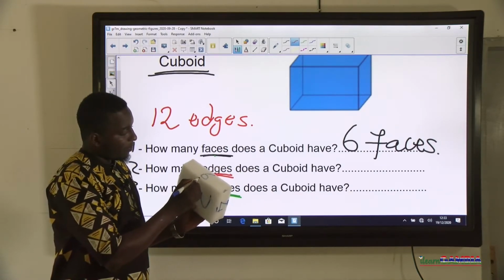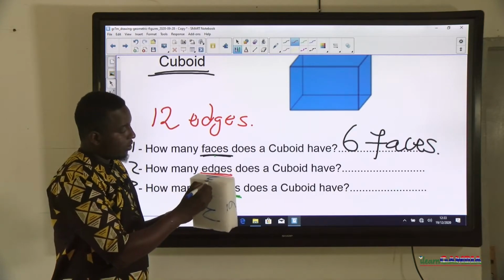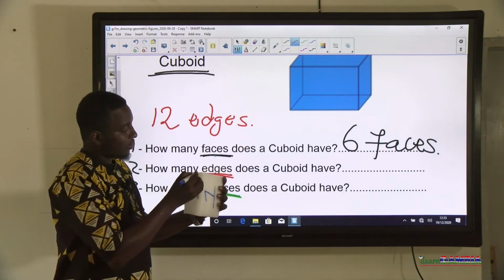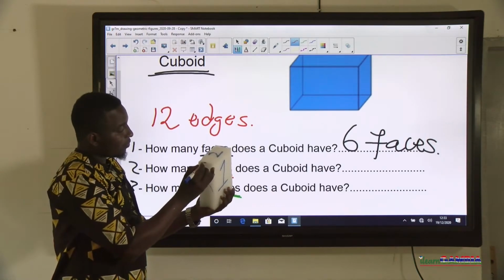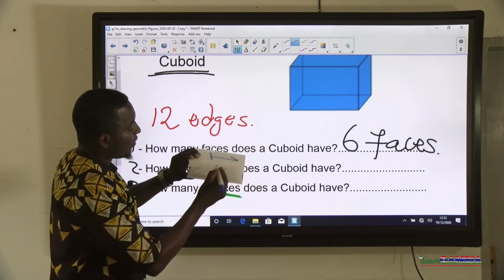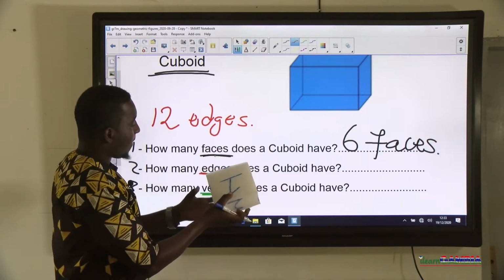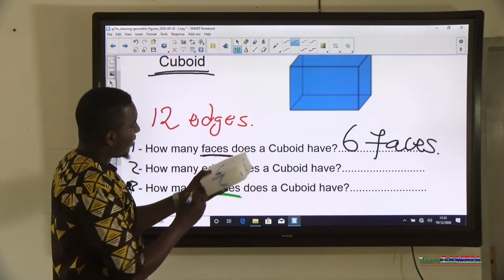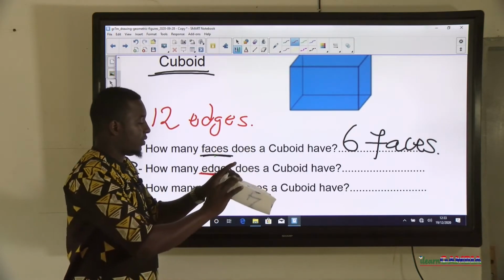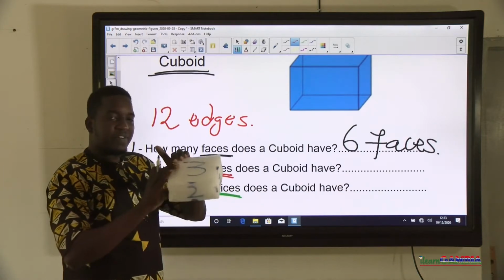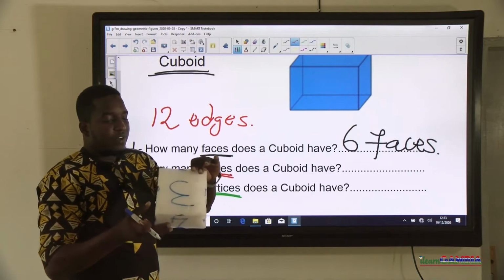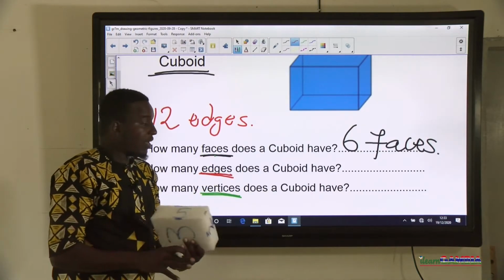3, 4, 5, 6, 7, 8, 9, 10, 11, 12. Is that all? Yes, you will realize that we have ticked all the edges that are on this shape. We have ticked all the edges, and the total number that we have is 12